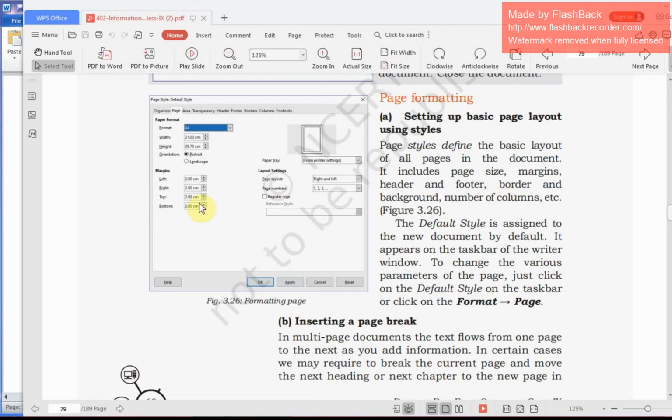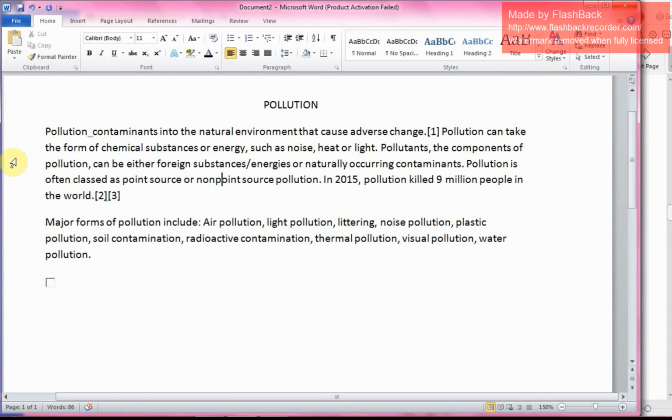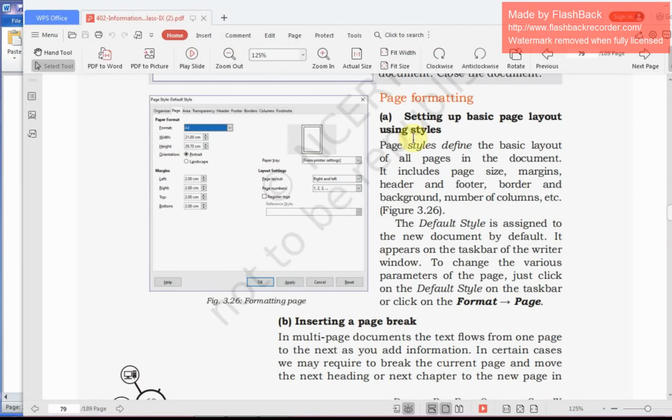So let's start how we can set the basic page layout using style. First open any Word document. Now you can see it here. We type some content here. The first thing is to set the page size and margin.